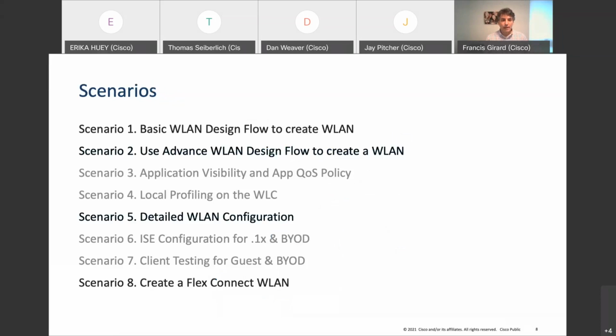Through this talk, we're not going to address every single one of them. We will concentrate on scenarios 1 and 2, as well as 5 and 8, depending on time. But you certainly can take more time and do all of the various scenarios as part of this lab. With that,